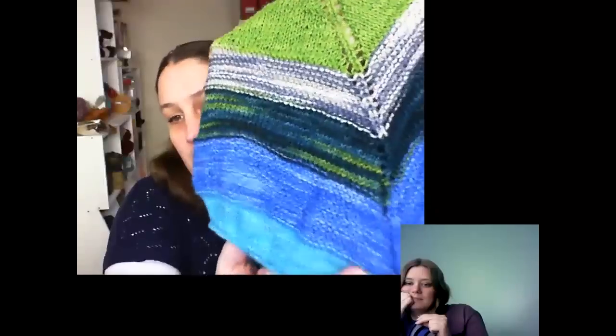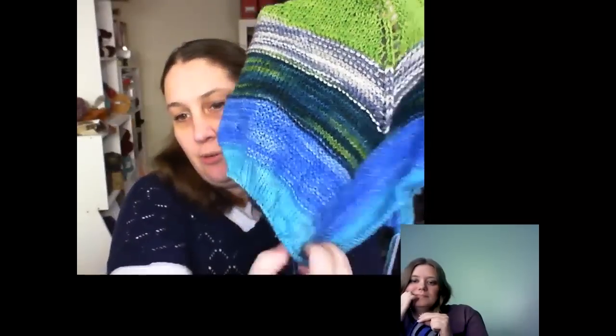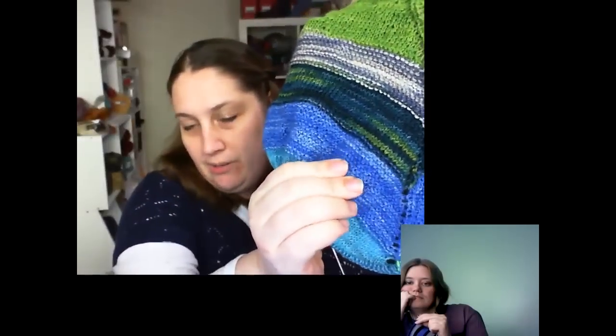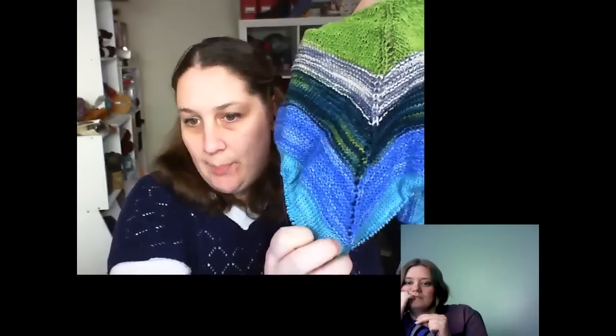So the shawl is made by alternating garter stitch and stockinette sections, and you can do it in whichever way you like, whether you want to do all the solid colors in stockinette, all the garter sections in variegated, whatever makes you happy. And it's very simple to remember once you get started, so I don't carry the pattern around with me. I don't need it anymore. And I'm using alternating stockinette, garter. Yes, so for me, they're not...